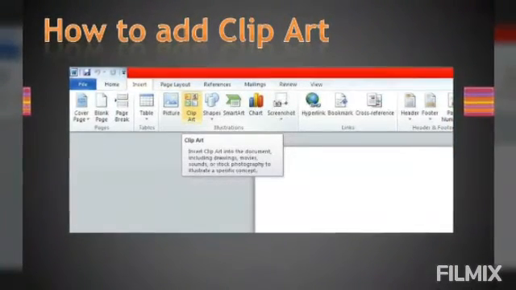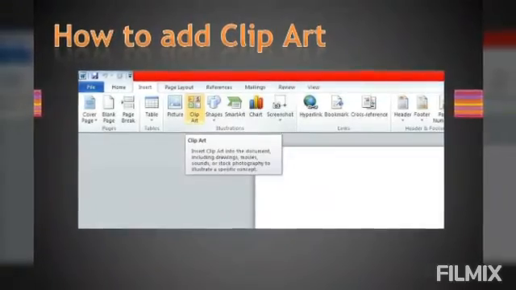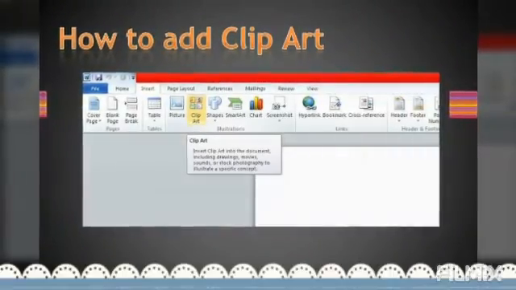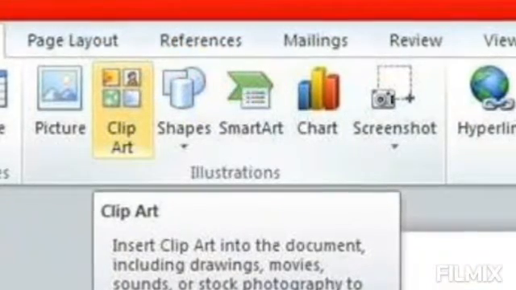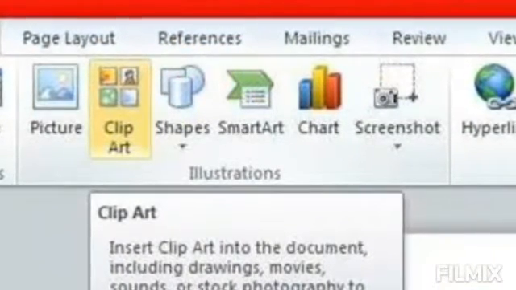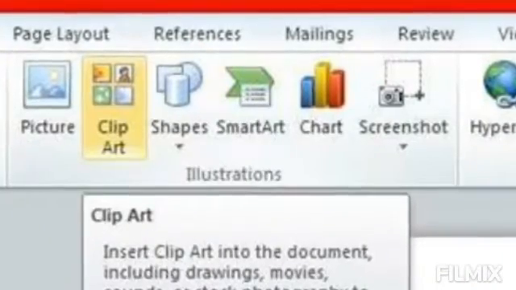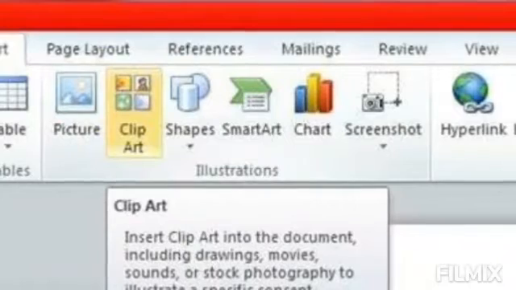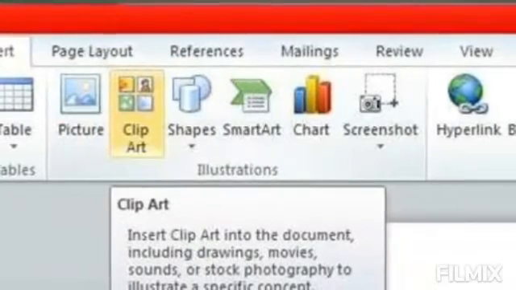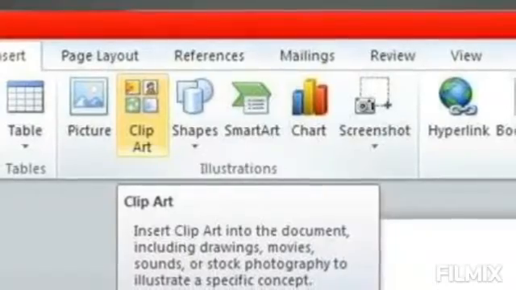Microsoft Word provides ready-to-use graphics called clipart, which can be inserted in the text as required. It allows you to make changes in a document by adding, moving and deleting text from one location to another. To add clipart in your document, you have to click on Insert tab on the ribbon, then you have to click Clipart button.